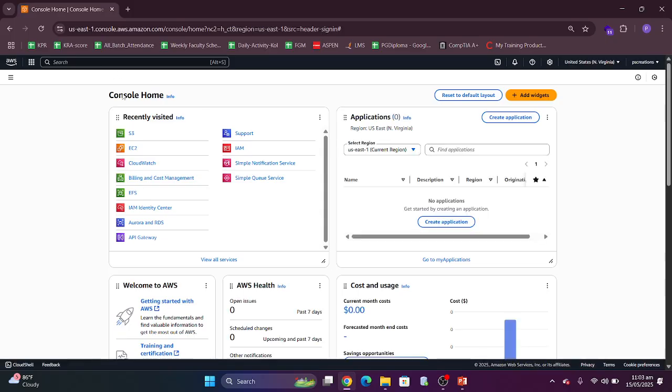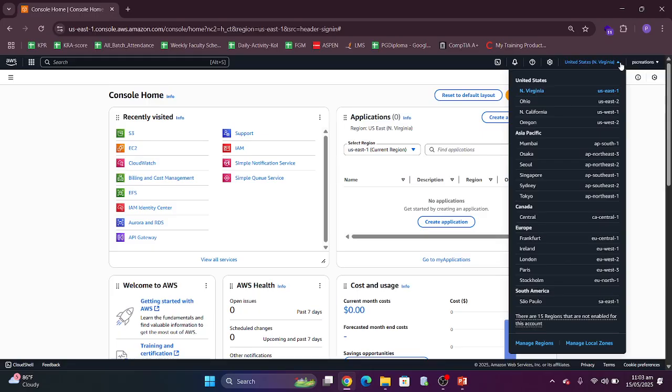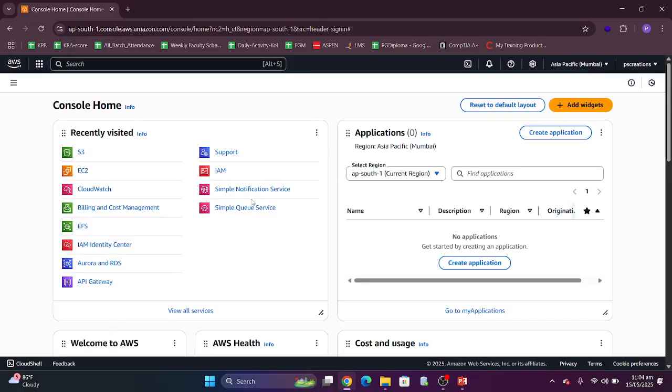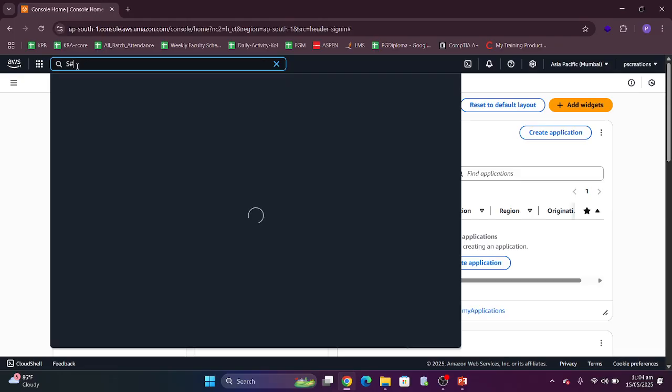Okay, this is the front page of the Amazon console. These are the regions. Look at that: regions in United States, Asia Pacific, Mumbai, Osaka, Seoul, Singapore, Sydney, Tokyo. Okay, the region name is Mumbai, so I choose the Mumbai region. Now I'm in Mumbai. Just type S3